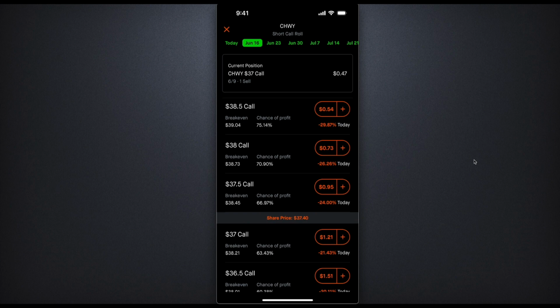So there's a couple of decisions that I have to make. I actually think that Chewy's stock price is going to go up in value. And so if I believe that, maybe I want to choose a higher strike price to lock in some potential capital gains, again, should those shares be called away. So in the interest of time, I'm going to go ahead and choose a strike price of $38 for June